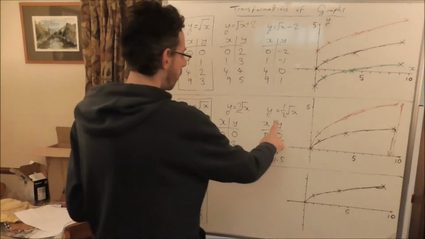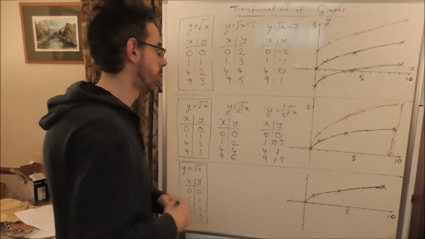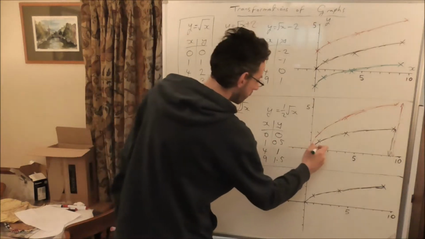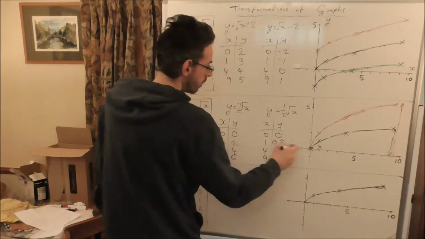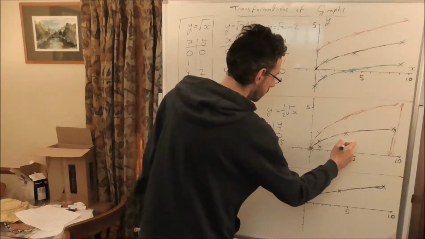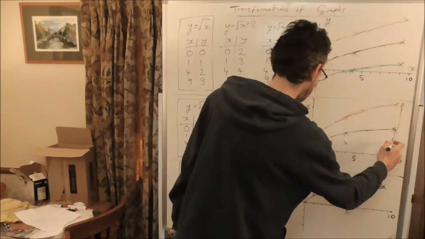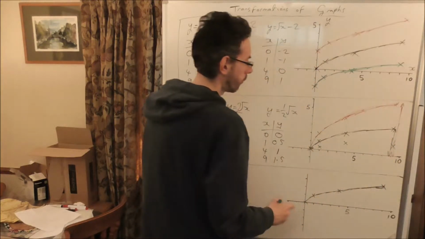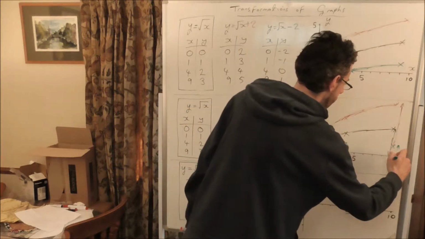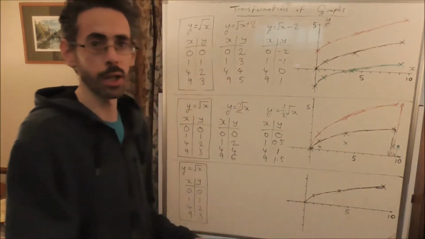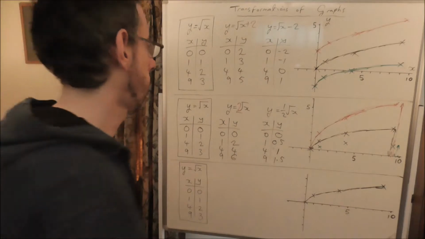So these are going to be the new y values, half of what they were originally. So on the graph, all the points are just going to be half as high as the original points. So 0, 0 is still going to be over there. But 1, 0.5 is going to be over here, half as high as that point. 4, 1 is just over here, half as high as that point. 9, 1.5, just over here, half as high as that point. So this distance here to this point is half of the original distance to that point, sort of from the x-axis. So if I join these points up,